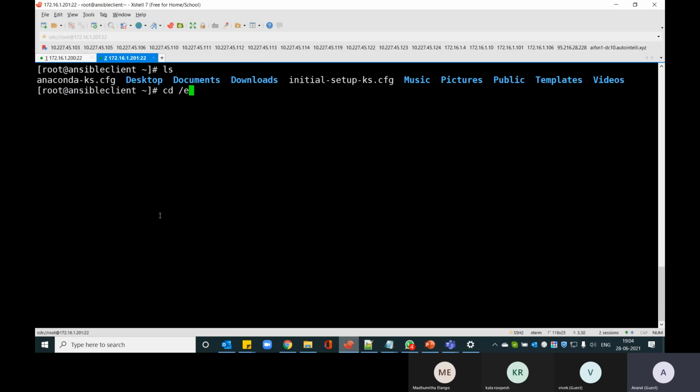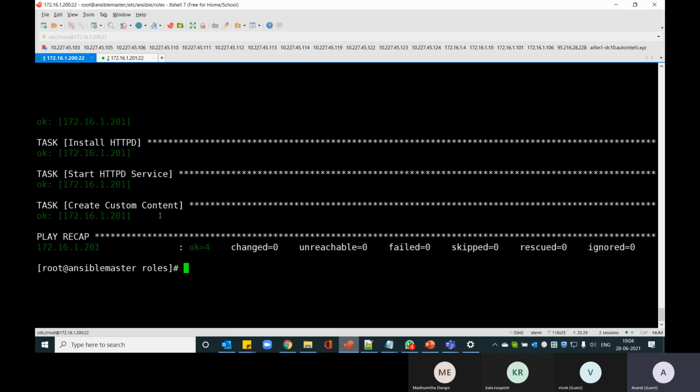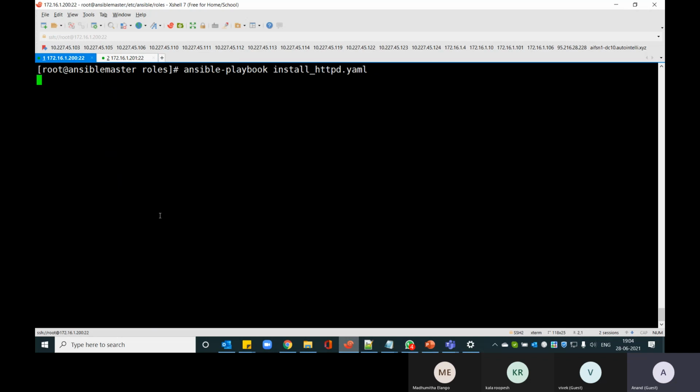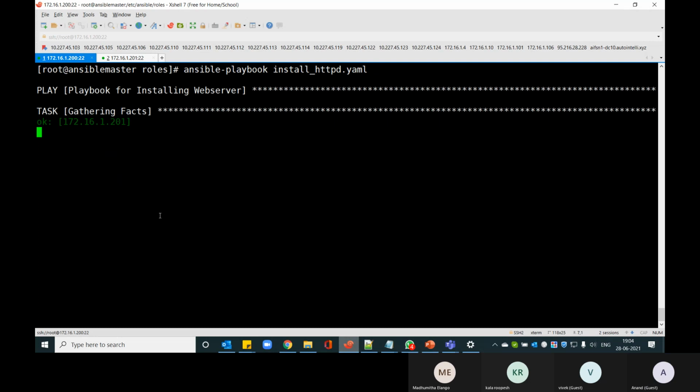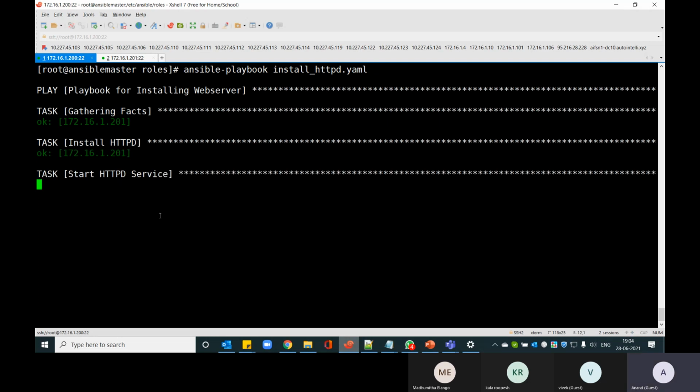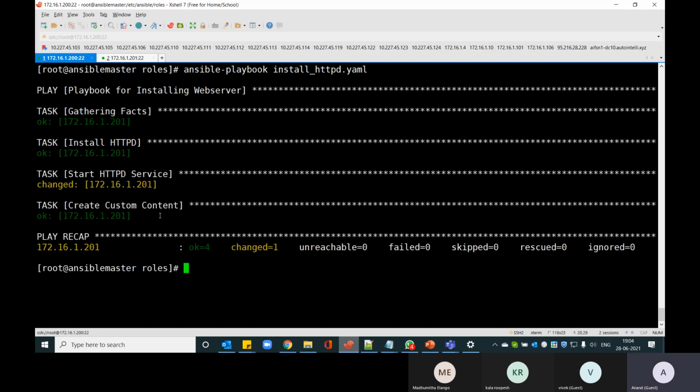Let's say, for example, I stop the HTTPD, and I run this playbook one more time. Installing HTTPD would be okay, but starting HTTPD is changed, and the task to create the custom content is still fine.